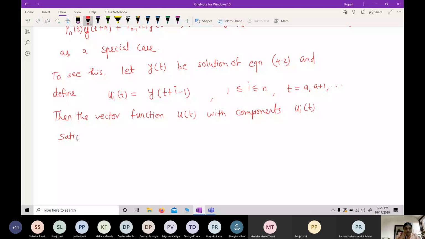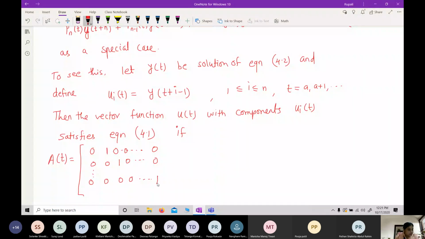satisfies equation 4.1. Equation 4.1, if A of t is nothing but 0, 0, or I will write here 0, 1, 0, then so on up to 0, then 0, 0, 1, then 0 up to 0 and so on. So 0, 0, 0, 0 up to 1 and last is minus